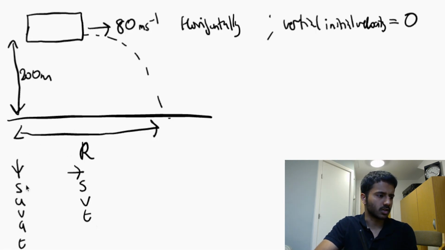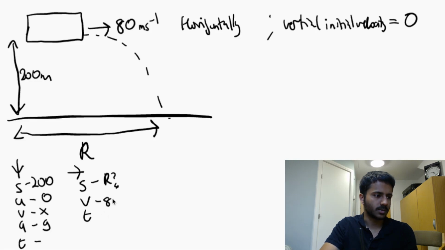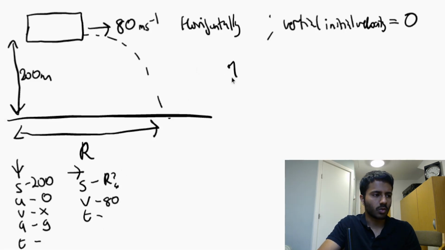Let's just start off by filling it in. We know vertically it's going to fall 200 meters, and we know that the initial vertical velocity is 0. We don't know what the final vertical velocity is. We know that it's on Earth, so it's going to be falling with an acceleration equal to gravity. We're not told anything about time, and this is what we want to find. We want to find out what r is, and we know that the velocity horizontally is 80 meters per second. And again, we don't know anything about time. The one thing about projectile motion that you need to know is that the one constant